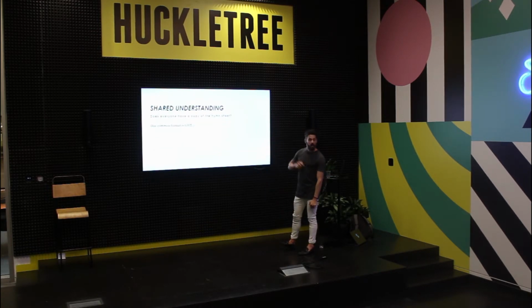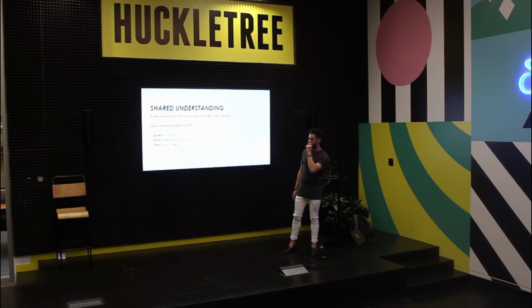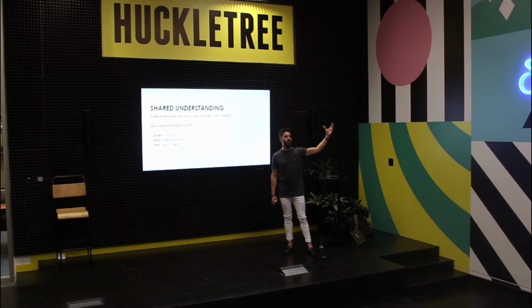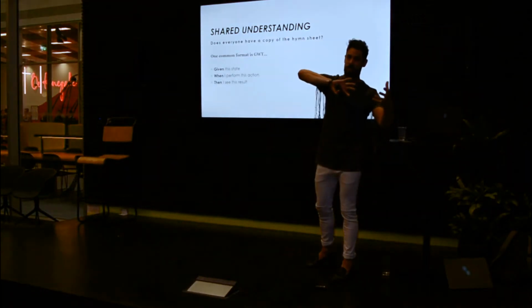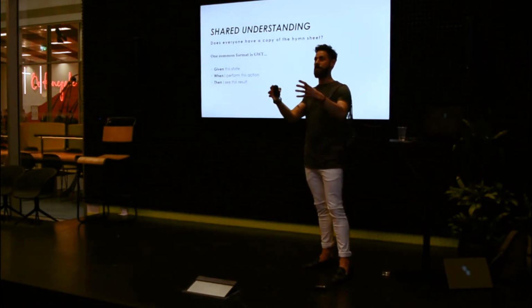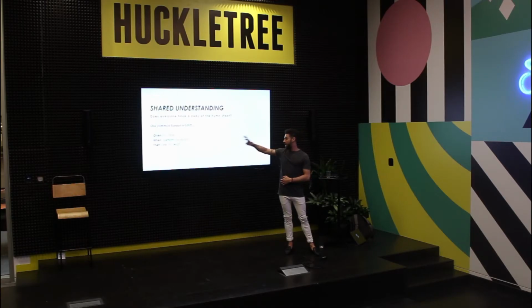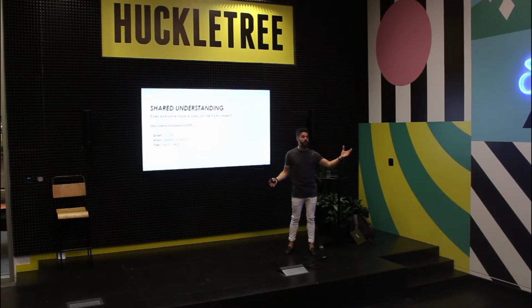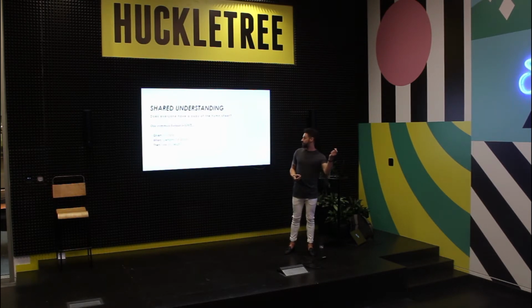So, a common format that we can use for these things is given, when, then. I'm sure we've all seen this: given this state, when I perform this action, then I see this result. Pretty simple. The key thing with ATDD is that you can take those and define your high-level requirements like this. And you can take those high-level requirements and turn them into executable tests with exactly this format. Not interpreting them in any way, actually taking this and putting it into something like SpecFlow, let's say, or writing your own framework that says I'm going to set up something.